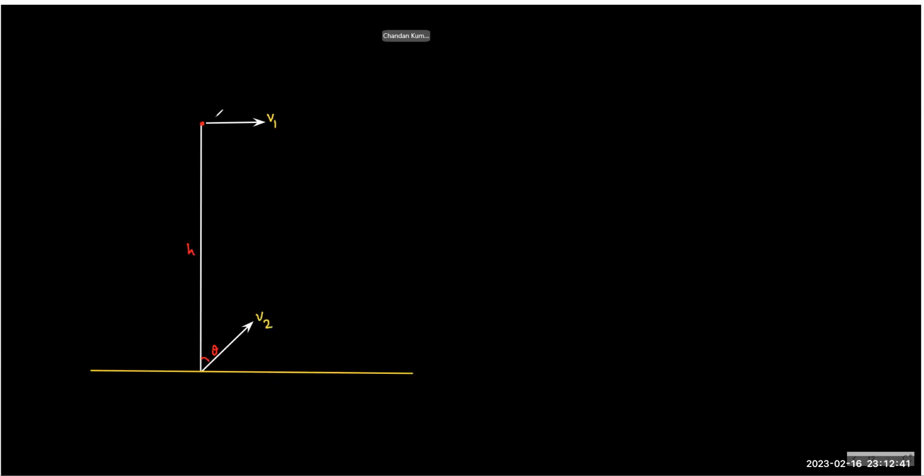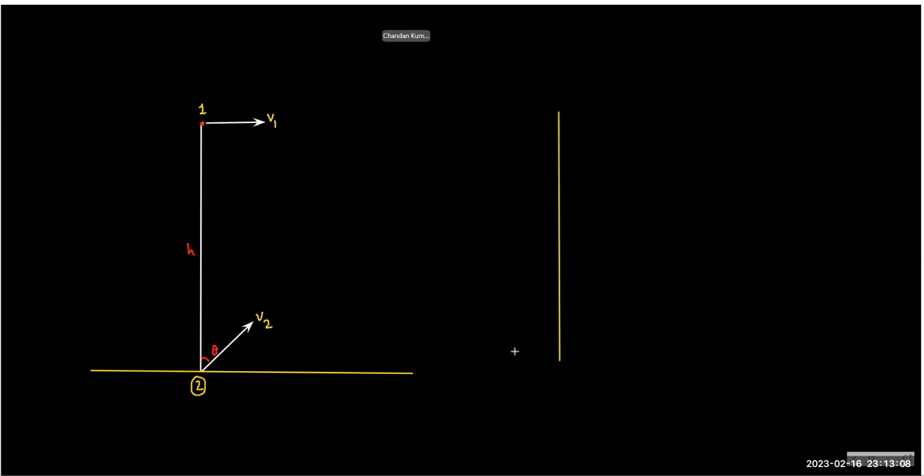Now you have to choose one of them as observer. Which one will you choose, 1 or 2? 2. If 2 is the observer, then 1 will have its own velocity and the opposite of 2's velocity, isn't it? So in the frame of 2,